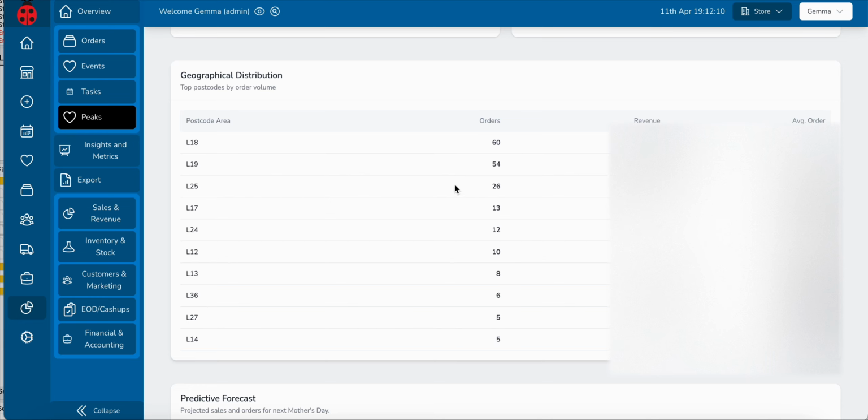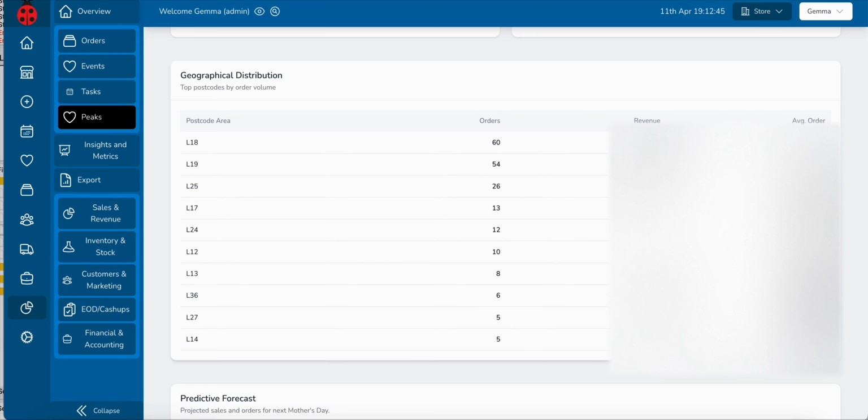2 other areas which are fairly local to me, 25 and 17. I think I could do quite a bit more work there, because looking at these, this one's half what these are. This one's even less, this is a quarter. These are places that are just down the road from me. So maybe I could analyse why we don't get them. Maybe there's another good florist in the area, so people naturally gravitate towards there. Maybe I'm just not being visible enough in those areas. So maybe there's something I can do to make myself more visible in those areas to get more of those